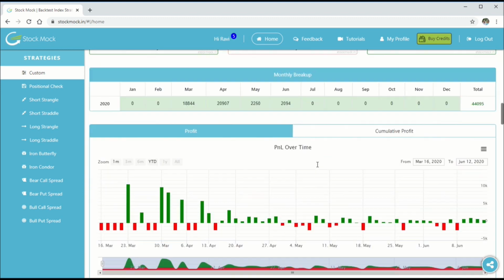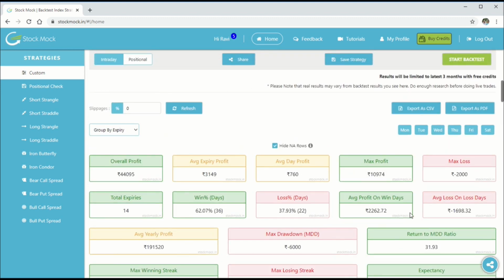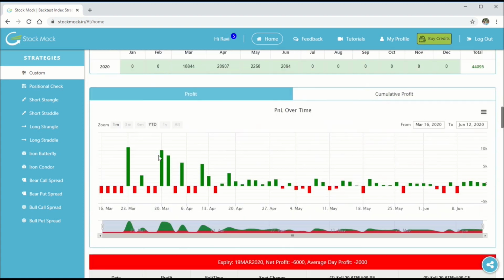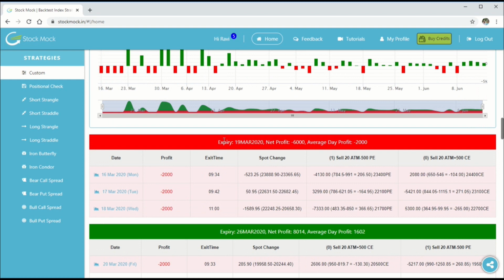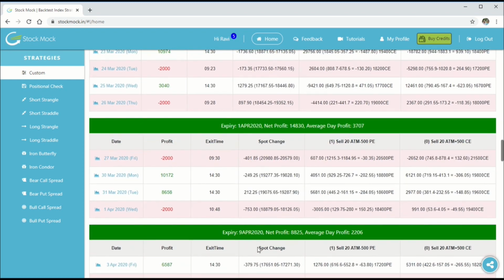Now let's move on to some of the other options that are available in StockMark with respect to results. As you can see, you can group the results in different ways. The first one is grouping by expiry. As you can see, expiry 19th March 2020, 26th March 2020, and other similar expiries.